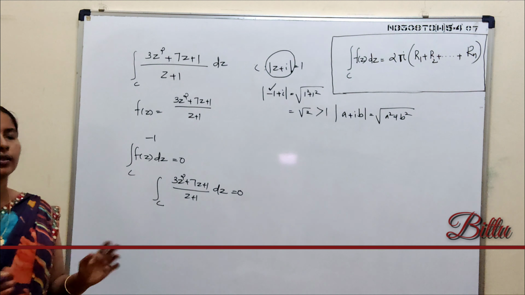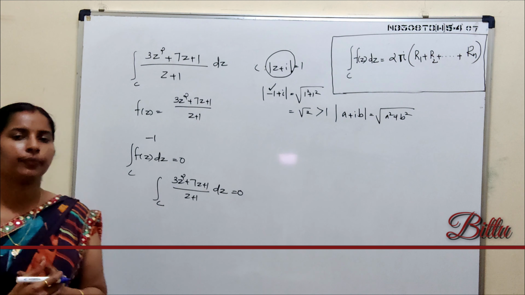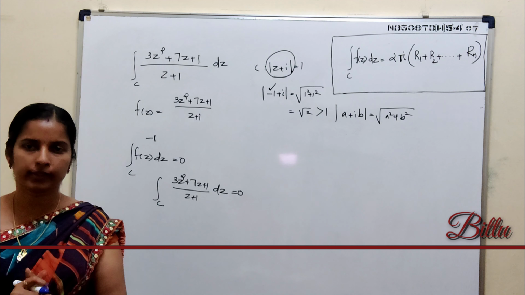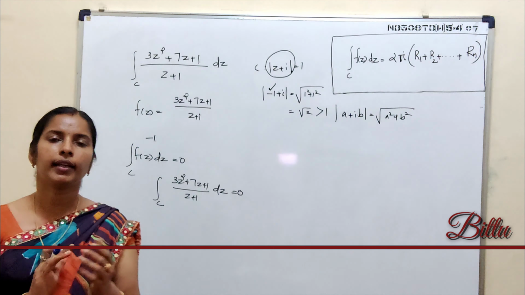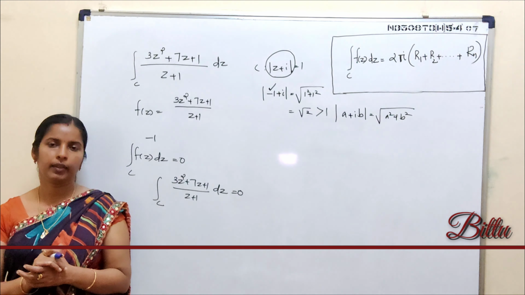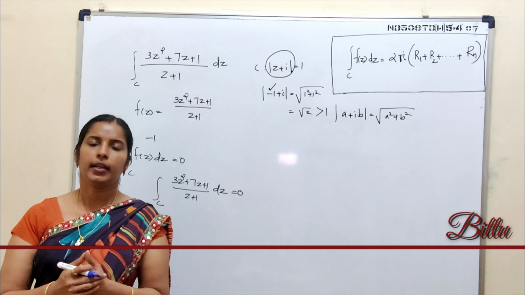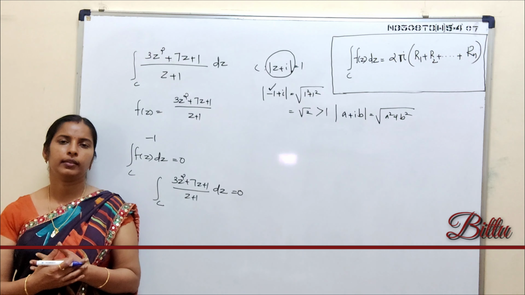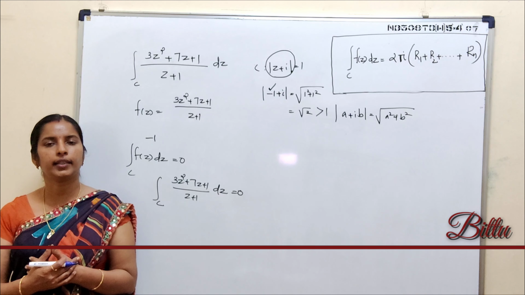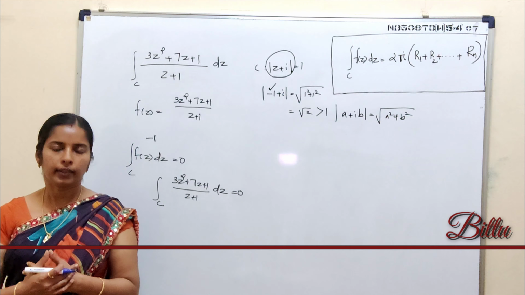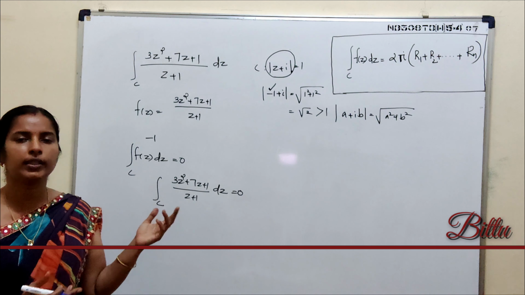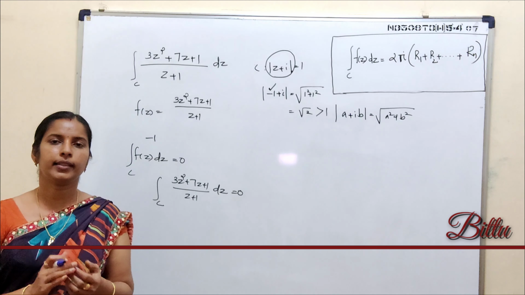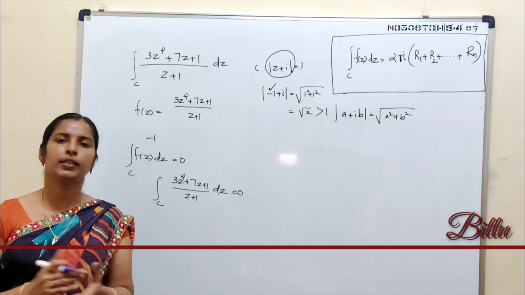See, if there is no singular point within C, in such a situation there is no corresponding residue and the answer will be 0. In such a situation, you can apply Cauchy's theorem. Cauchy's theorem states, if f(z) is an analytic function within and on a simple closed curve C, then the integral over C of f(z) dz is 0. Here the function has a singular point which lies outside of C. That means the given function is analytic within and on C. So by Cauchy's theorem the answer is 0.